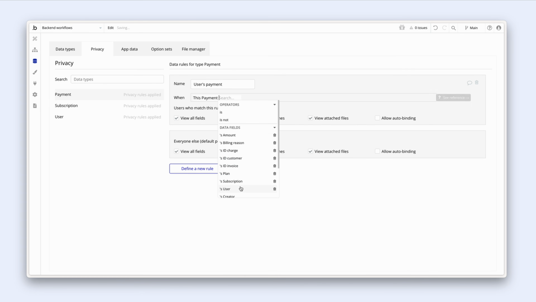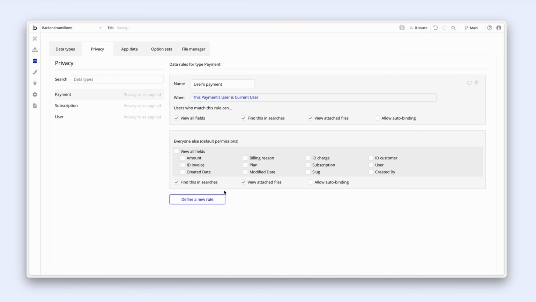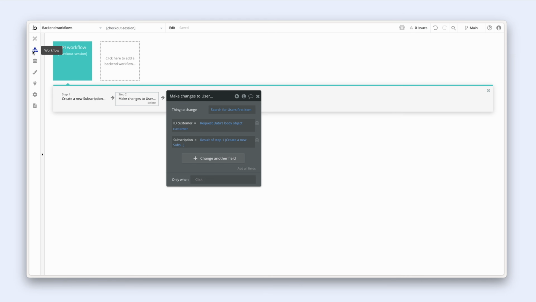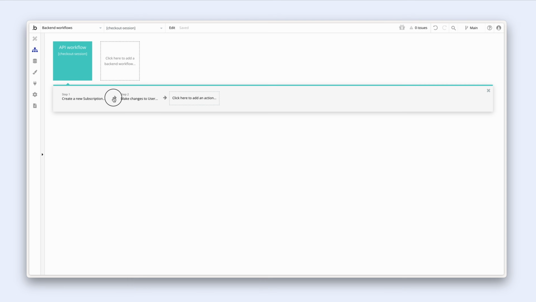This payments user is current user. Uncheck all of these, otherwise everyone else will be able to grab that data. We don't want them to. Okay, with that done, and we're in the backend workflows section, between step 1 and step 2, I'd